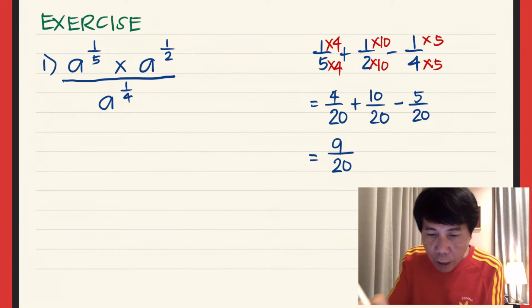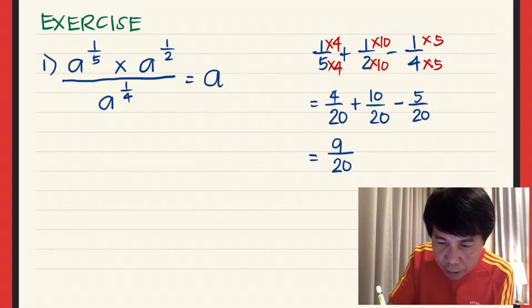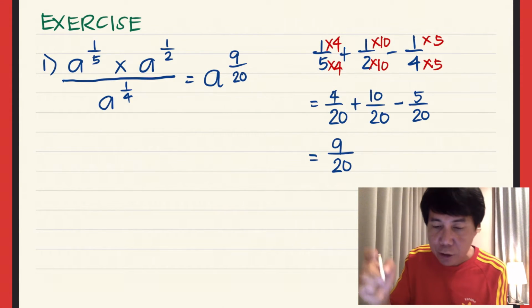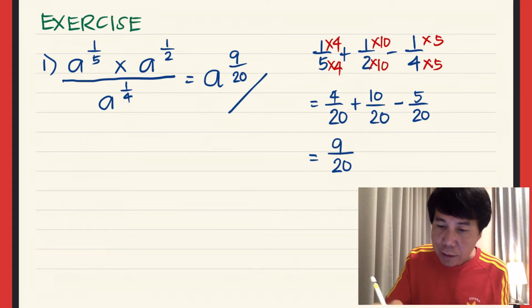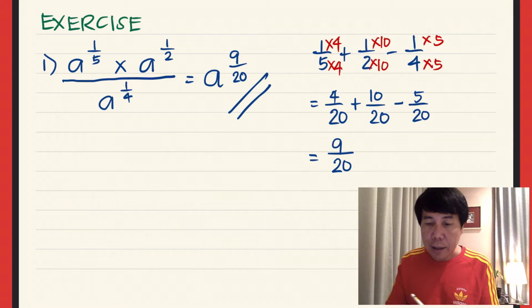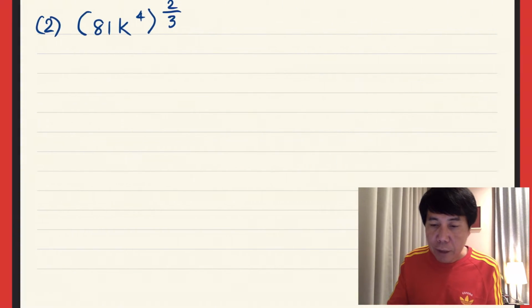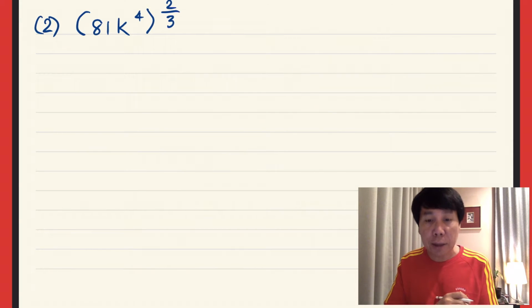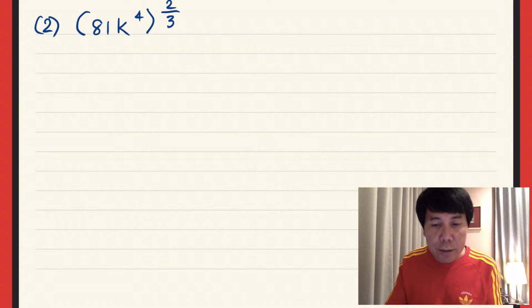So therefore, our answer here is a raised to the power of 9 over 20. Okay, check your answer if you have the same answer as mine. So the simplified answer is a raised to the power of 9 over 20. Okay, let's proceed to question number 2, which is 81k raised to the power of 4, raised to the power